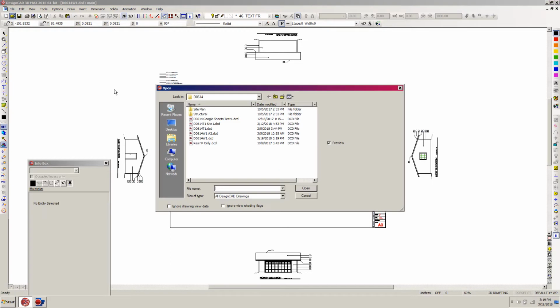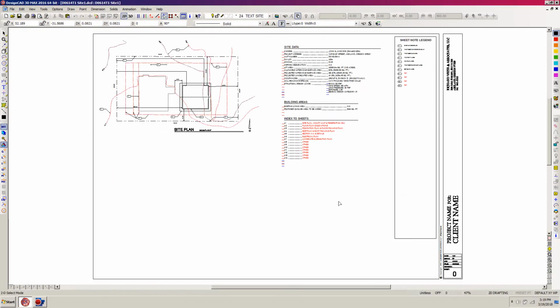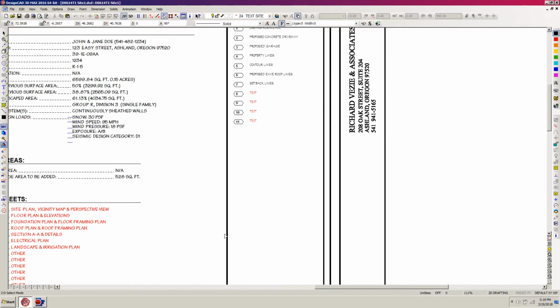And open up. Okay, there's our site plan. So you can see we got quite a bit of room for elevation drawings. And even with those other sheet notes that we have, there's no way it's going to fill up this drawing. So I'm going to zoom up here now on this thing, and I'm going to get rid of these extra